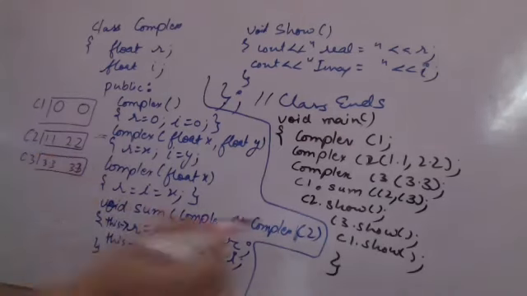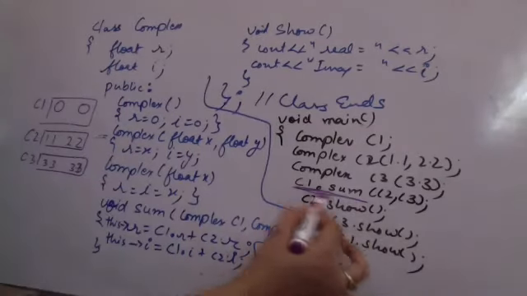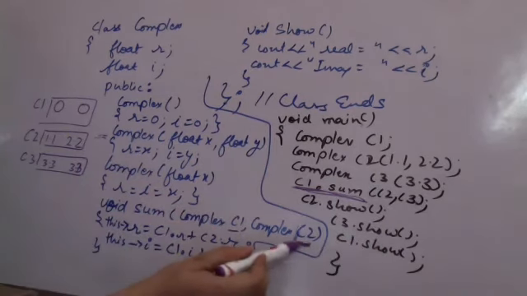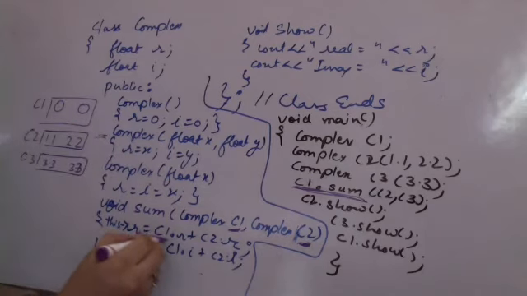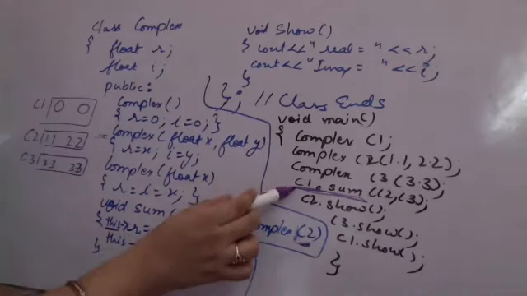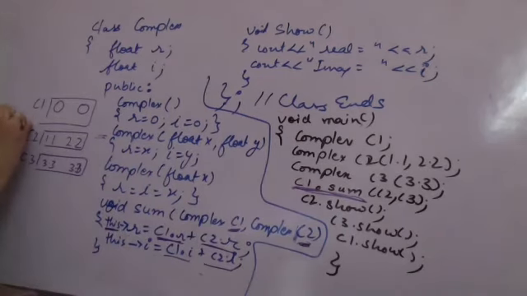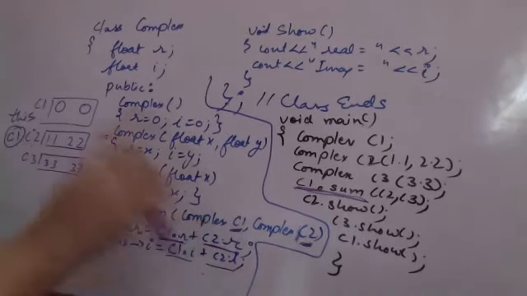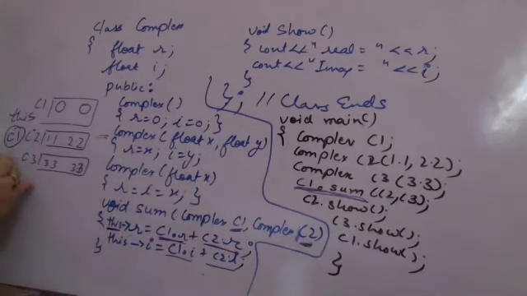Now I am calling C1 dot sum. C1 dot sum is being called. C2 and C3 are taken as the parameters here. So now this C1 is replaced by C2. Whatever you have, you are adding C2's value and C3's value, imaginary and real, and this pointer will point to C1. This pointer, now here C1 becomes the this pointer. C2 is currently referred to by the local name for the function C1. C3 is referred to by the local name of the function C2.